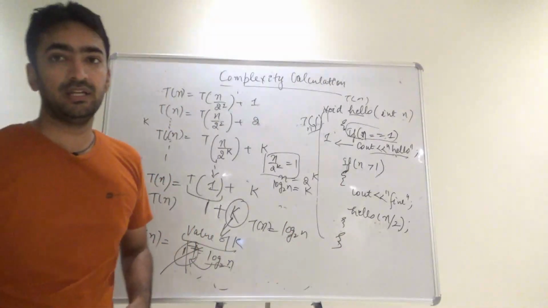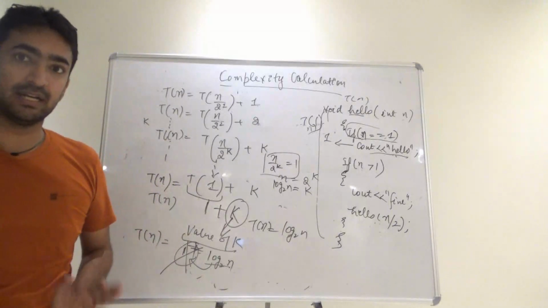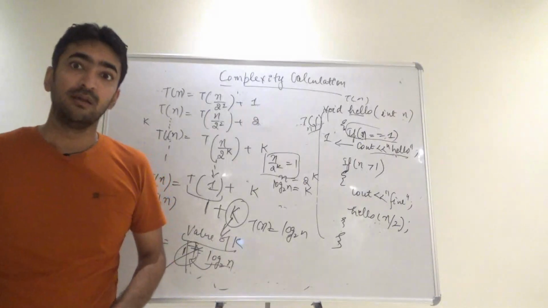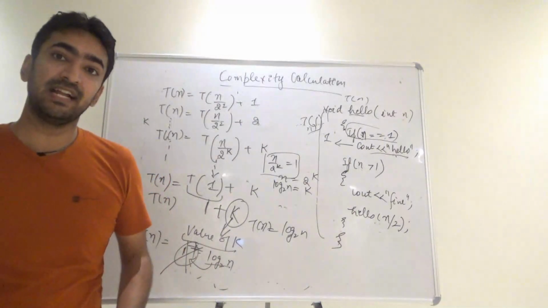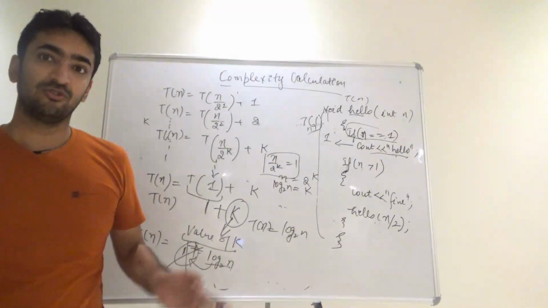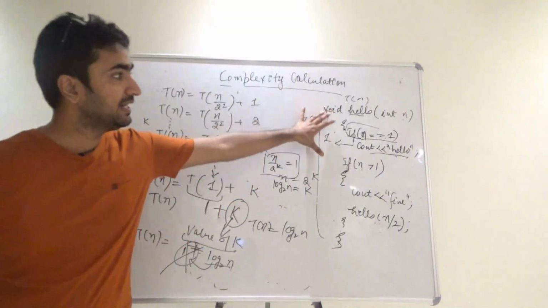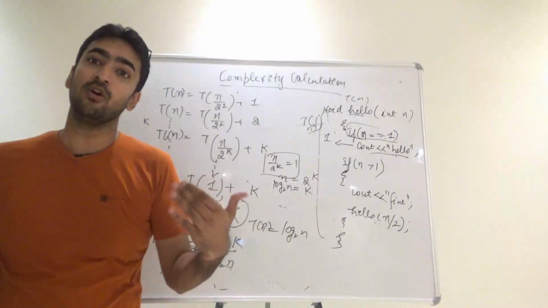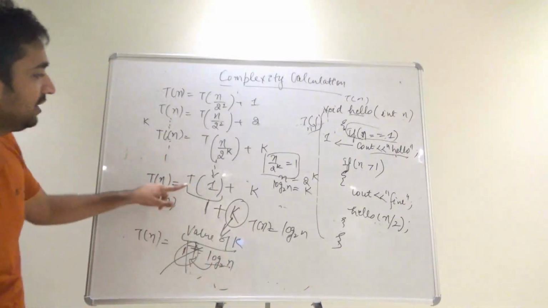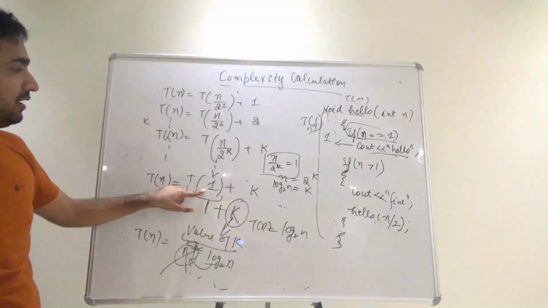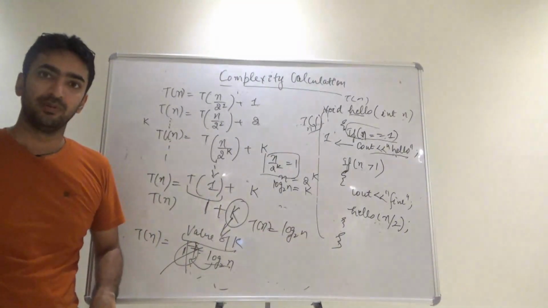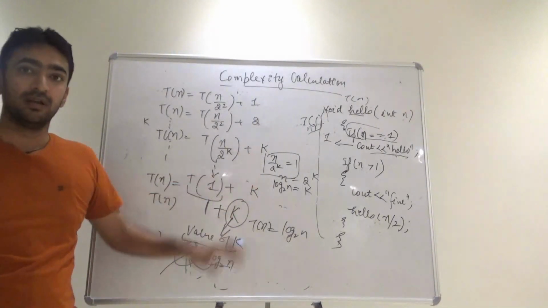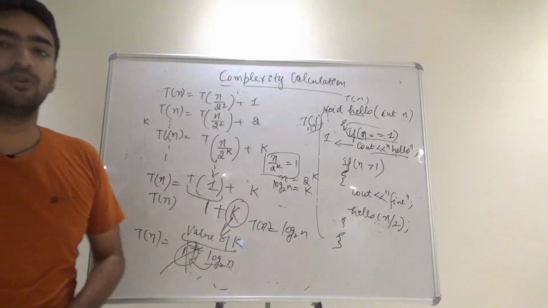Guys, this is a very important question to understand. Again, I have put n by 2 raised to power k is equal to 1 only because we suppose it is ending at k times. And where is it ending? It is ending only if your T of 1 value can come, and T of 1 has come only by this particular scenario. So that's why the entire complexity was dependent upon k, and we have got the complexity as log n.